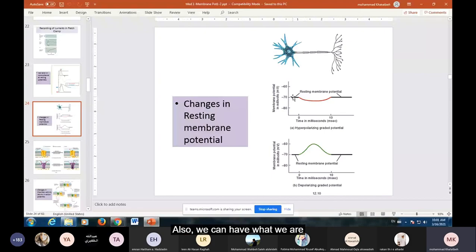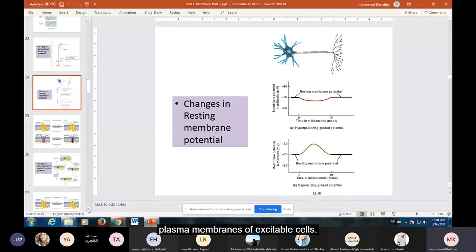Also, we can have what we are calling depolarization by increasing, for example, the activity of sodium channels at that membrane. So this is one of the properties of the plasma membranes of excitable cells. They can have a fixed resting membrane potential, but that resting membrane potential can change upon changing the activity of channels, and